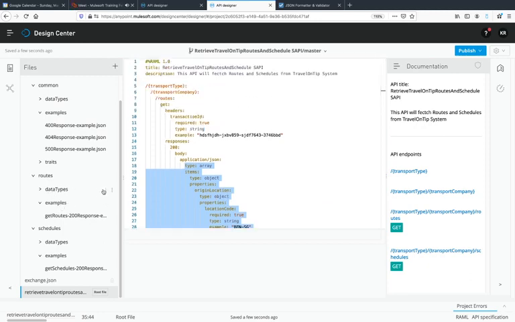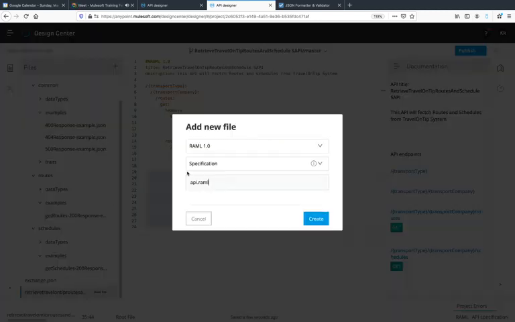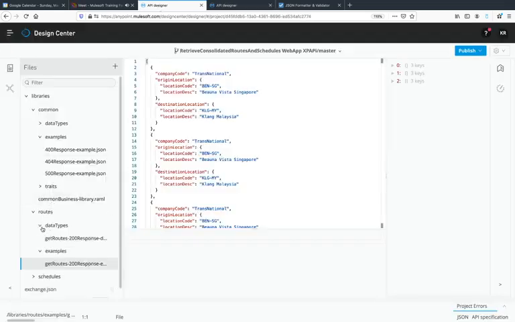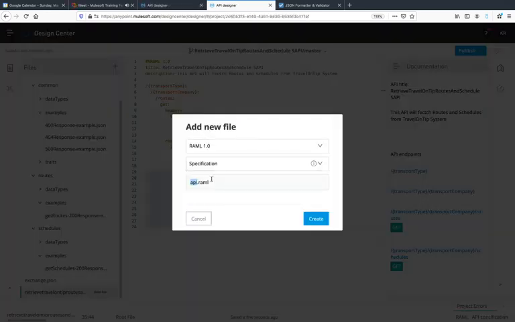So in the root folder, data type, new file, YAML 1.0, and then the name should be, okay, what name did we use to follow? Let me see, data type get root 200 response. Similar to the example only we will add data type. So this one will be